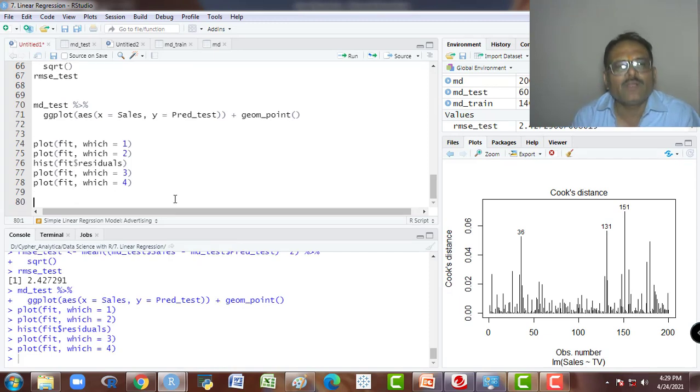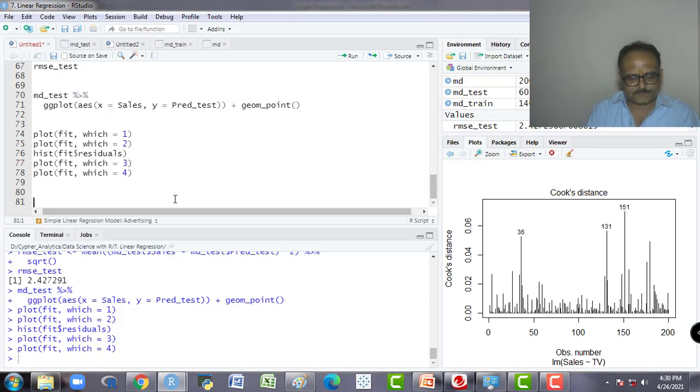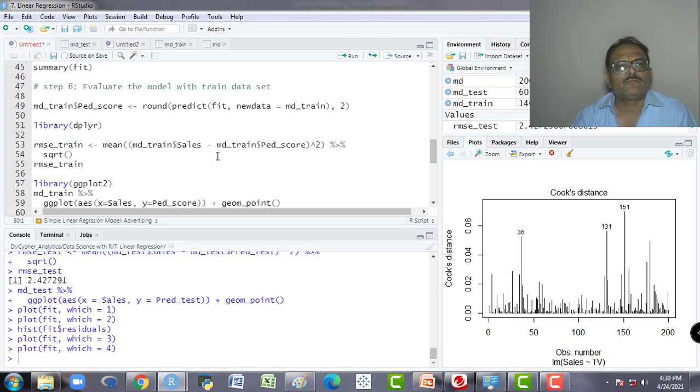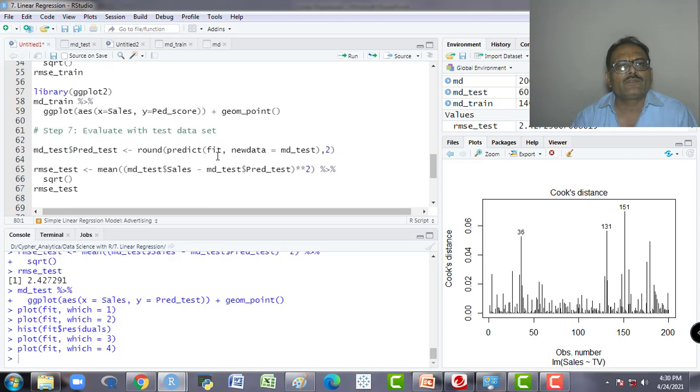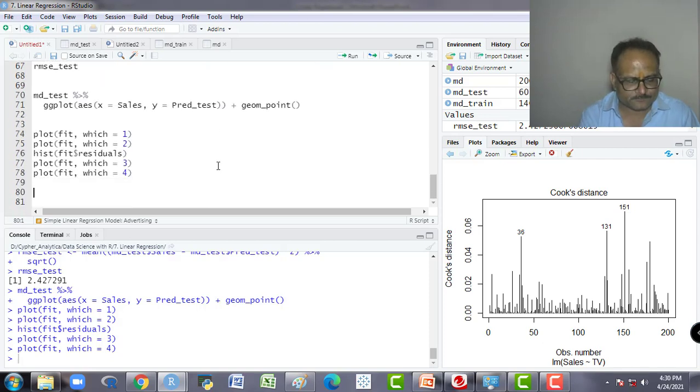Now one more thing I would like to explain: how we could save our model. This is our step 8, after steps 6 and 7. Save the model to disk.